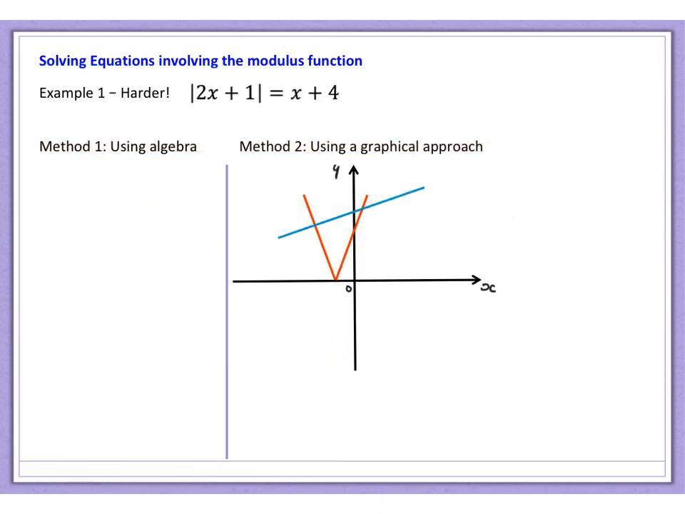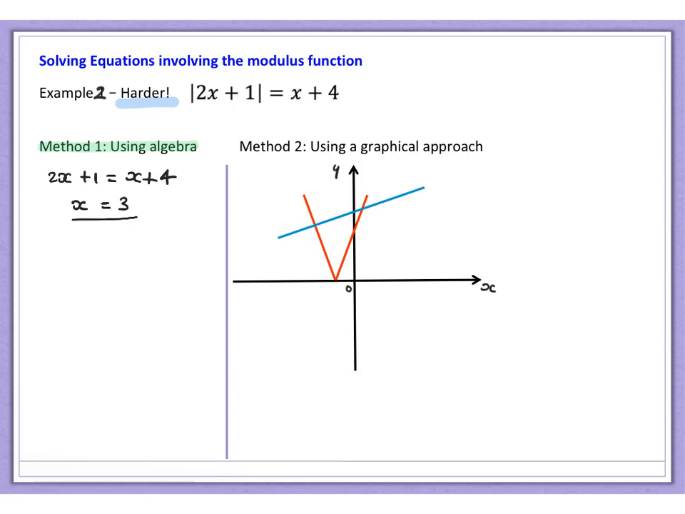So let's look at a second equation. It is a little bit harder. This is in fact example 2, not example 1. So we have the modulus of 2x plus 1, which is equal to x plus 4. We're going to do this in 2 stages. Again, we're going to look at method 1, involving algebra first of all, and then method 2, using a graphical approach. So using algebra, we know that 2x plus 1 could simply be equal to x plus 4 as one option. If we then solve this,